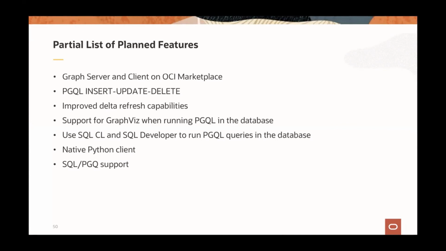Graph server and client will be available as an OCI marketplace image. And just like we have create property graph, we plan to have insert, update, and delete syntax in PGQL. We also want to make PGQL available within the SQLcl and SQL Developer tools. And finally, the native Python client for data scientists. We want to make that available. Today, of course, you can use JShell and the Java API, but we want to have a native Python client,